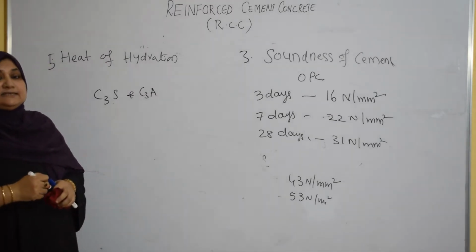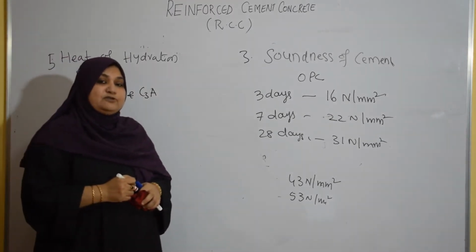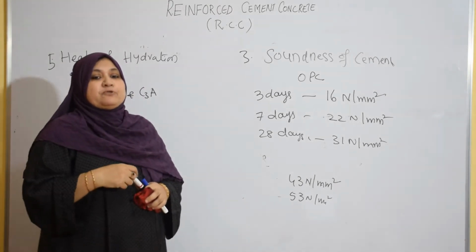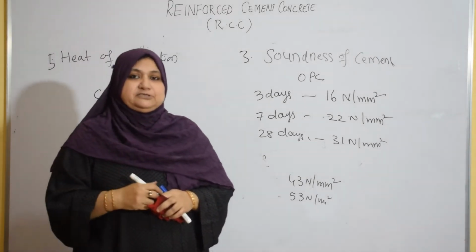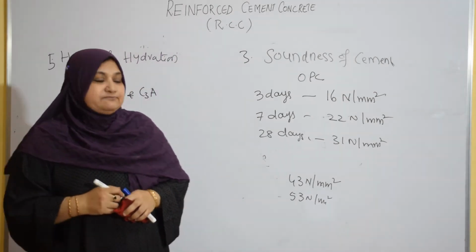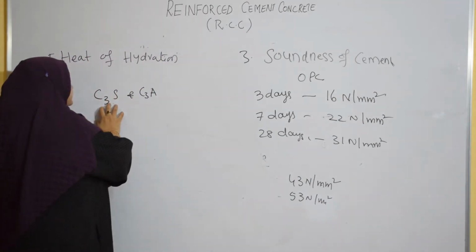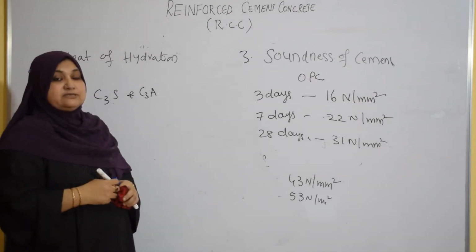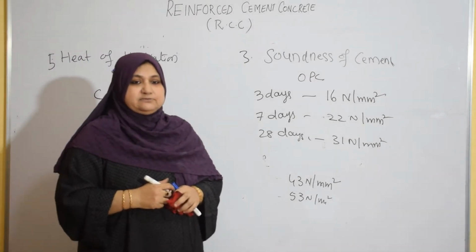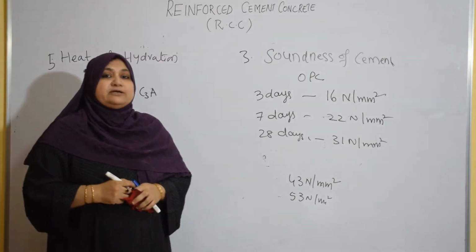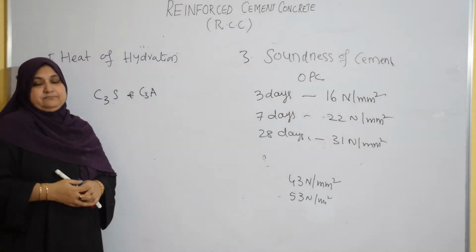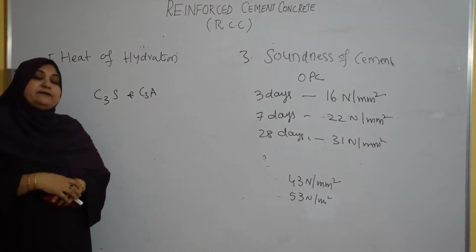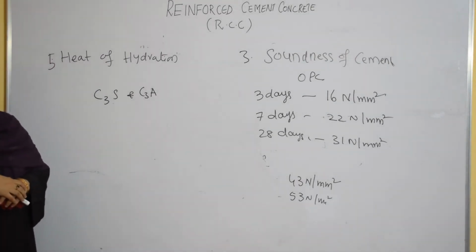Besides this, the heat of hydration is also influenced by the water cement ratio, and also by the temperature. So if C3S is increased, or C3A is increased, heat of hydration increases. If water cement ratio is increased, heat of hydration is increased. So how are we going to determine it in the lab? For each physical property I have discussed briefly how we will be determining it in the lab.